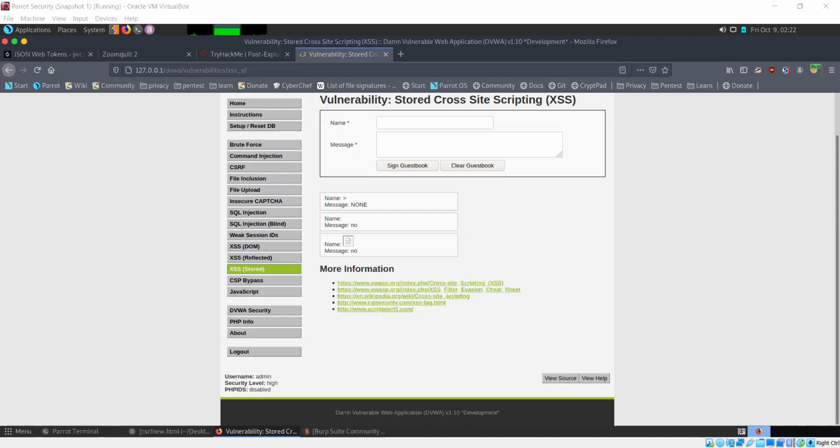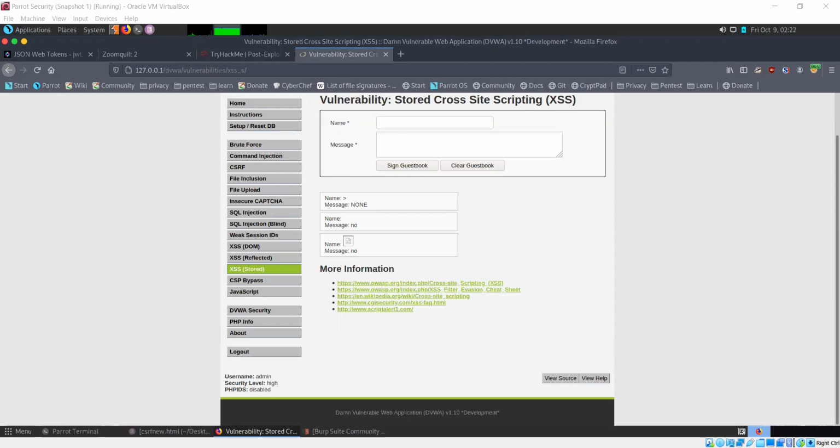Reflected cross site scripting is also known as non-persistent cross site scripting because it does not persist. It's only there in case you have added your malicious script to a link and you send that link to some victim, whoever you are targeting.